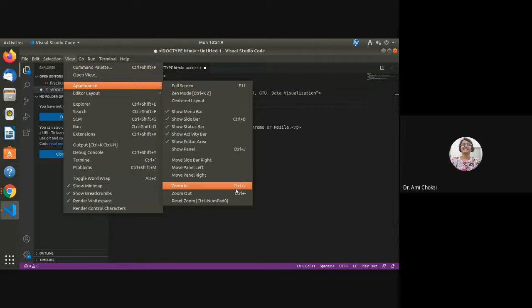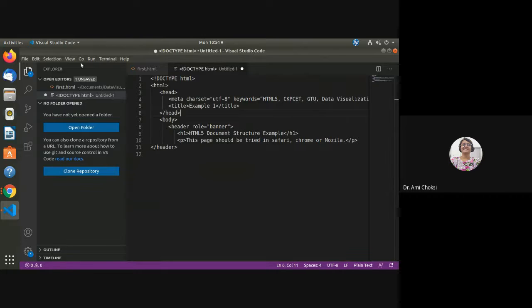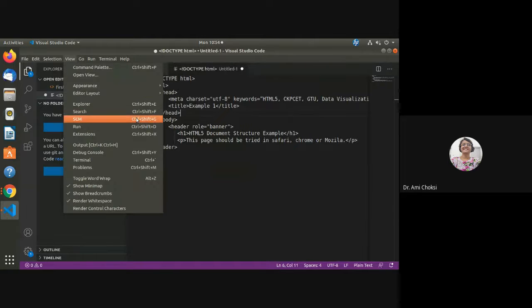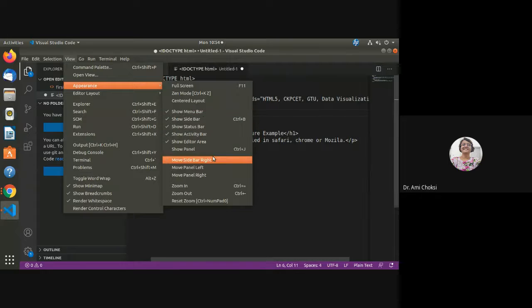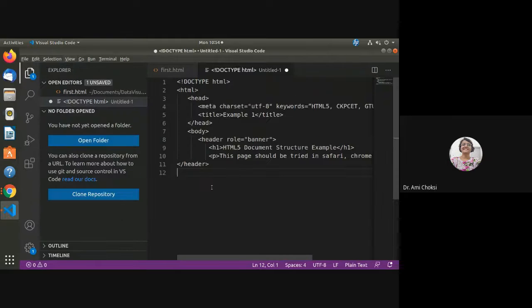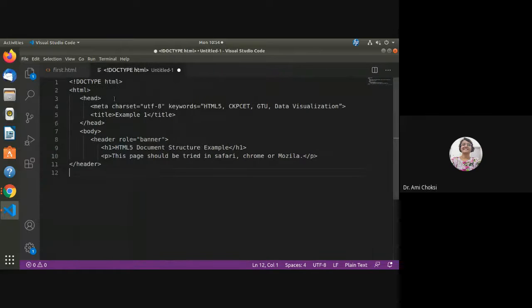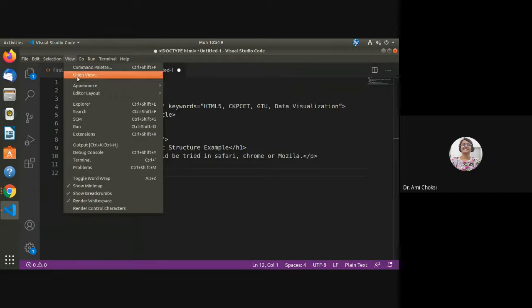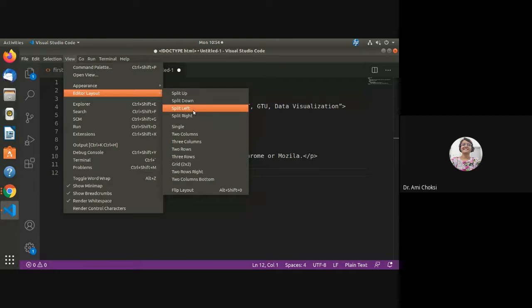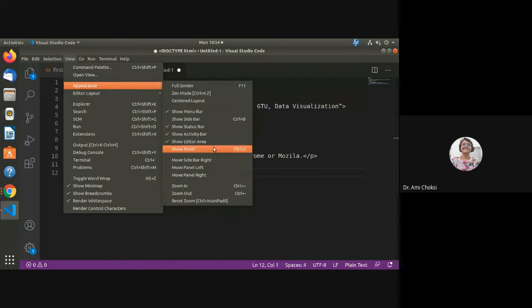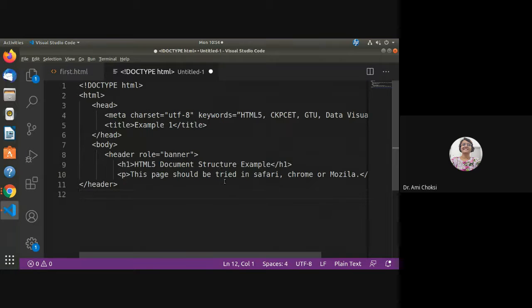Appearance, zoom, zoom, zoom, right? So you can see it properly. Zoom in. I guess now you should be able to see it properly. Still, I'll zoom a bit more so you will not have any problem, right? Here it is, zoom. I guess now it is seen properly, right?